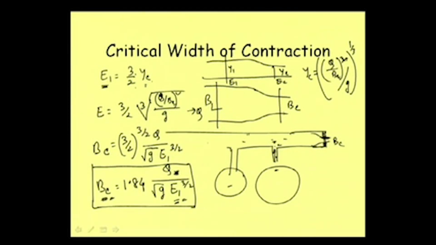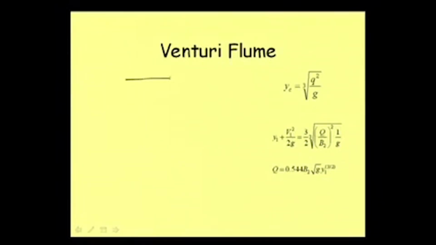And if we want to have critical flow condition here, we should make the width equal to BC, then only we can get critical flow condition. Well, then using this particular principle, that when we have critical bed width here, then we have critical flow velocity here